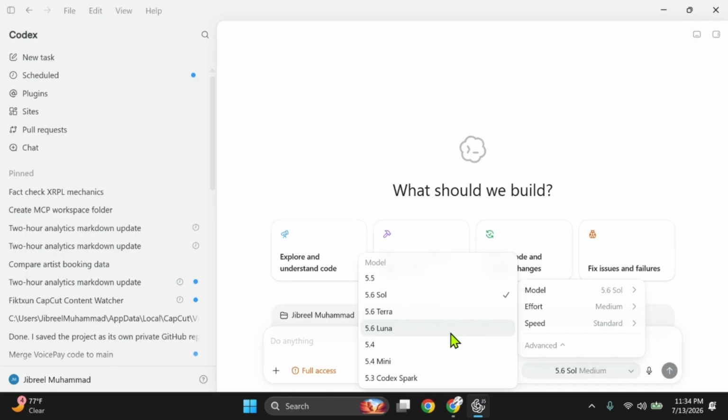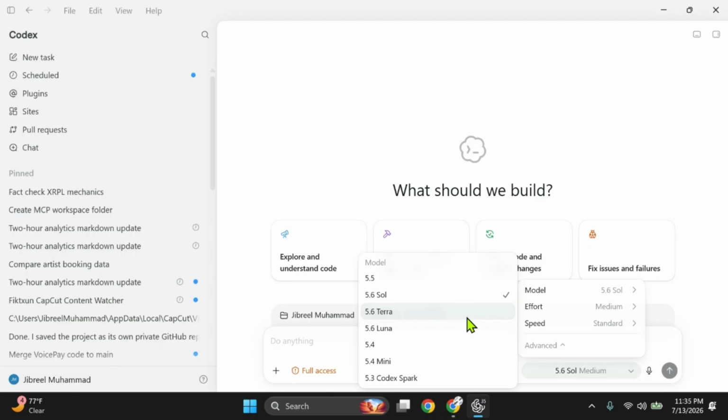One of these models that I'm using right here, Soul, is good for reasoning and planning complex tasks out. Terra is for, I think they said, everyday use. It's super fast, instant text generation.